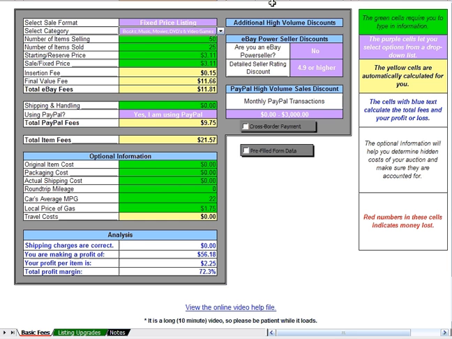Over here we have high volume discounts, power seller. This is so you can get your power seller rating discount if you're a power seller. Also your DSR rating, the power seller discounts are based on that. So